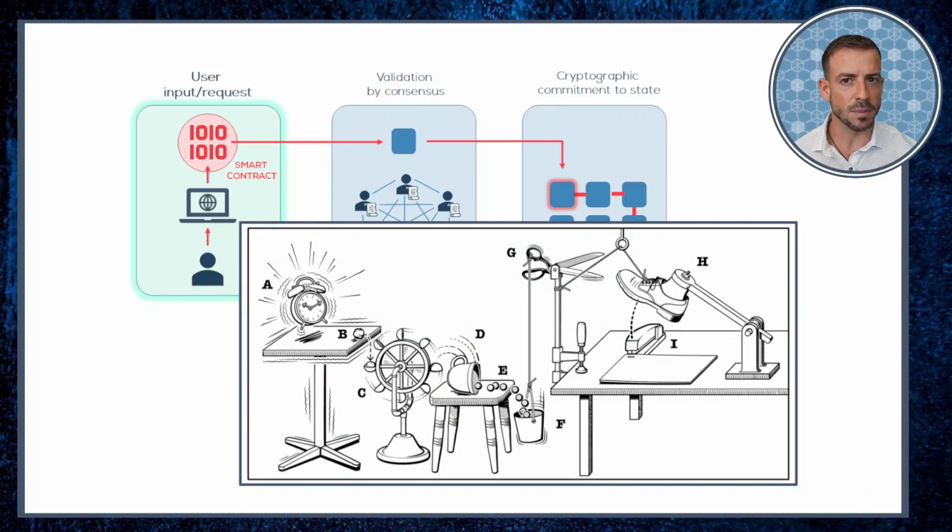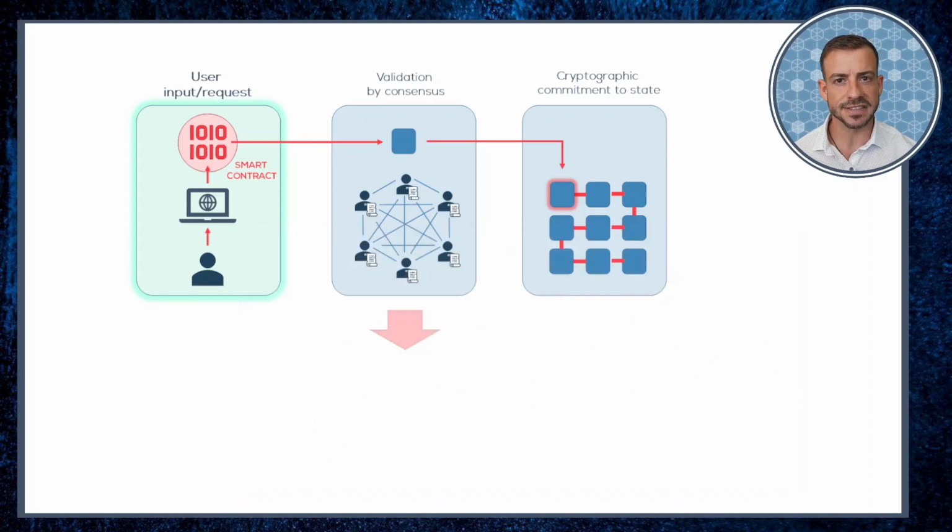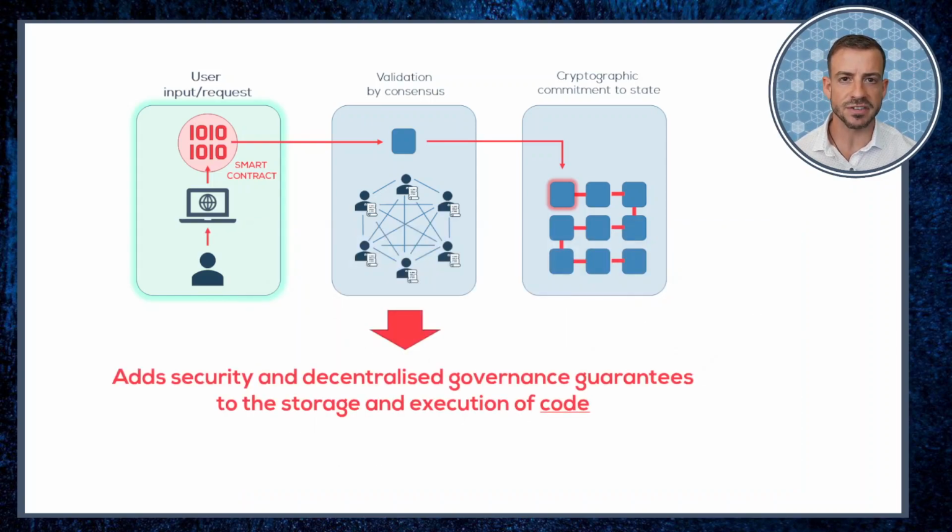Well, it certainly is more complicated, and it effectively makes up a new paradigm for application development, but the potential gains are huge. The promise of this architecture, when taken as a whole, is that it brings the same kind of security and decentralized governance guarantees to the execution of code that helped us manage those digital tokens honestly. Let's unpack this to see what I mean.